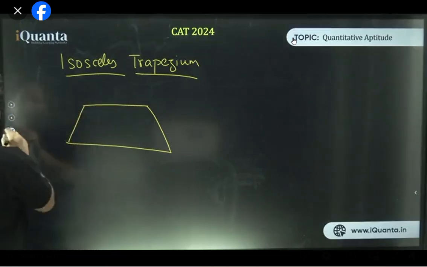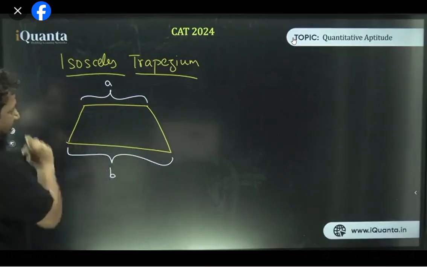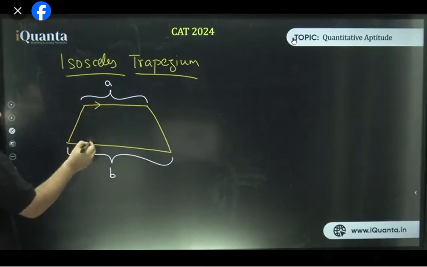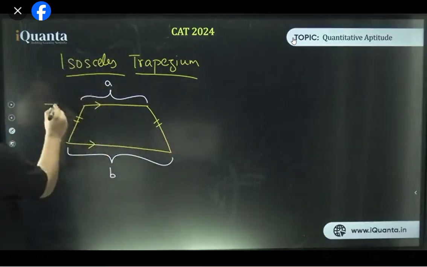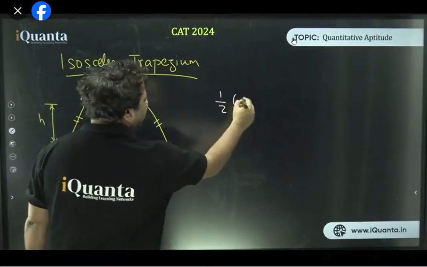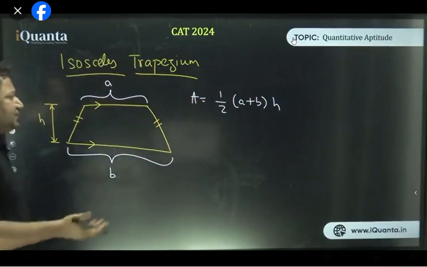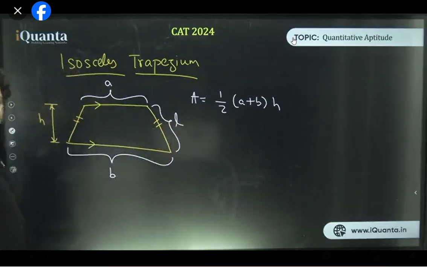Right. So here we have, let this be a and let this be b. These two sides are parallel and these two sides are equal. Is that clear? If the distance between the parallel lines is h, we have already created the formula: half of (a plus b) into h. That is the area. It will be the same, be it trapezium or isosceles trapezium. But we will calculate one more thing. Let this side, the slant height, be L. Can we calculate this?